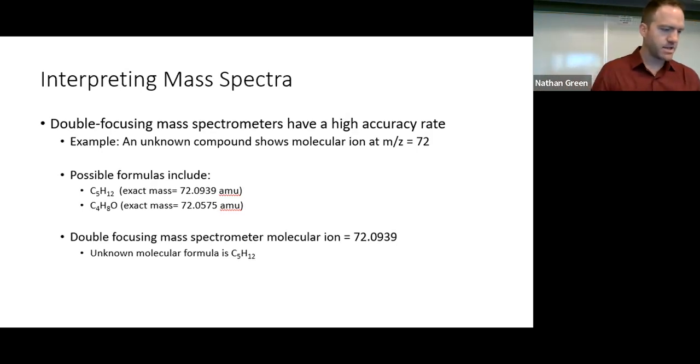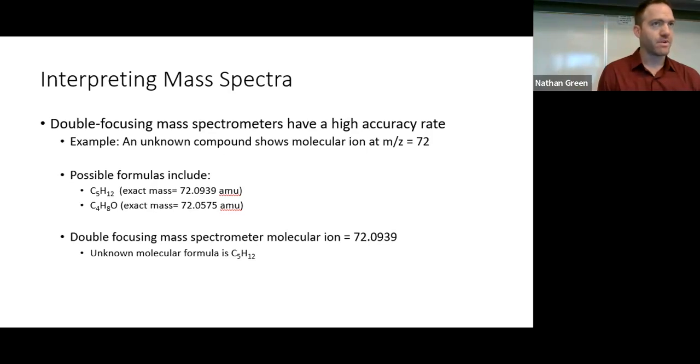That's handy because let's say that I go out into Damascus and I take a scoop of dirt and I see that there is a molecule in there that has a molecular weight of 72. Well, that's not super helpful because 72 can be multiple different things. C5H12 and C4H8O both have a molecular weight of 72. Those are clearly different molecules. One has oxygen, one has 12 hydrogens. But I can use the exact mass, this AMU stands for atomic mass units, and know that C5H12, if I average out all the isotopes in there, has a molecular weight of